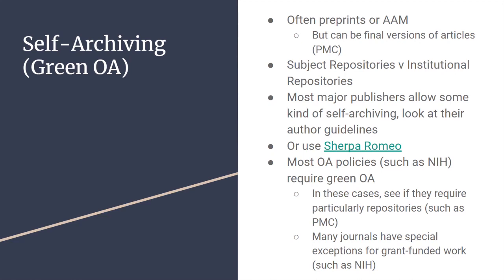Traditionally, there have been two different types of repositories that you can consider archiving your work in. The first of these are what's called subject or disciplinary repositories. Like medRxiv that I was mentioning earlier, these are repositories that have a specific disciplinary focus and accept work related to that research topic. These can be really great for discoverability, as it makes it easy for researchers working in the same research areas to find each other's works.